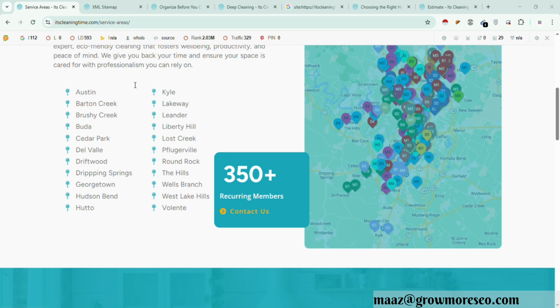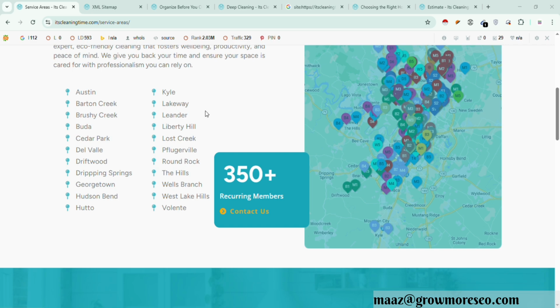For different keywords the CPC is different, but mainly the CPC is high because it is actually a competitive market. If we look at the competitors, for example, Sparkly Maid Austin, they have almost 7.2K traffic monthly, and we can easily beat them as they have not done a good job in creating backlinks. If we create these pages and then create backlinks and some blog posts, we will easily beat them. They have more pages. They covered every service and every area they are serving.